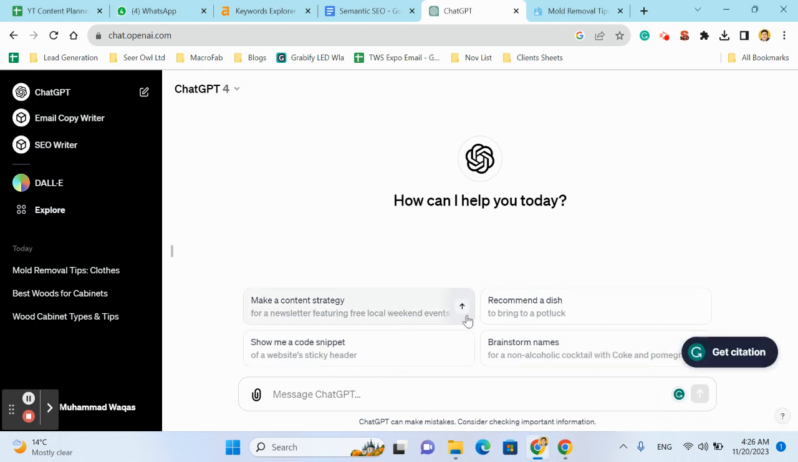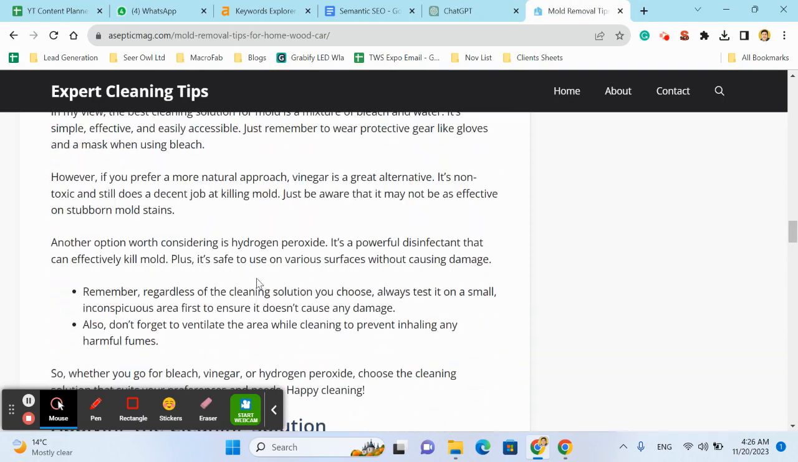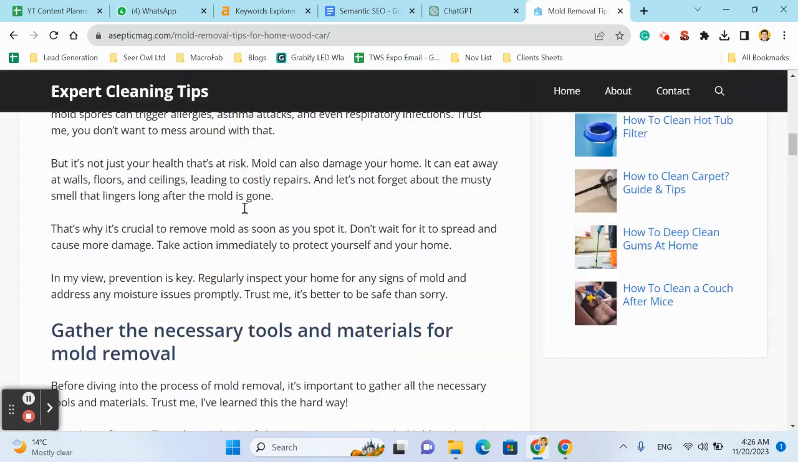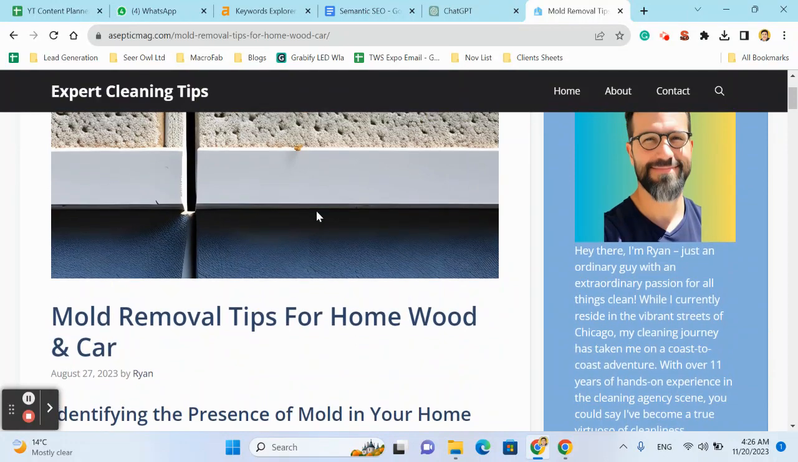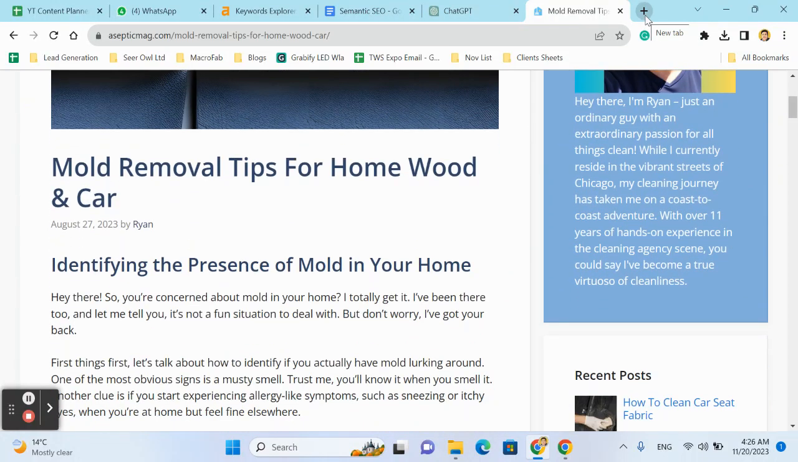Today we will learn how to find internal links using ChatGPT. So I have a website. I want to add some internal links on this web page. 3 to 5 internal links are ideal for better ranking. So